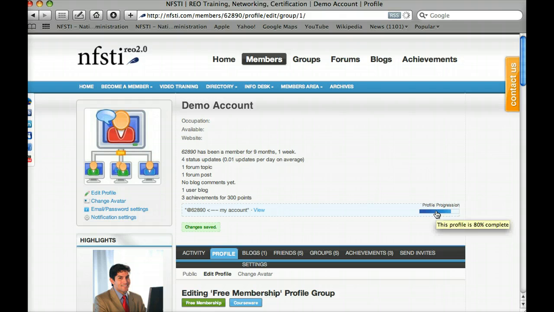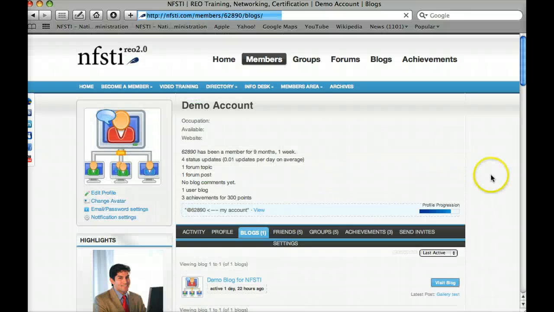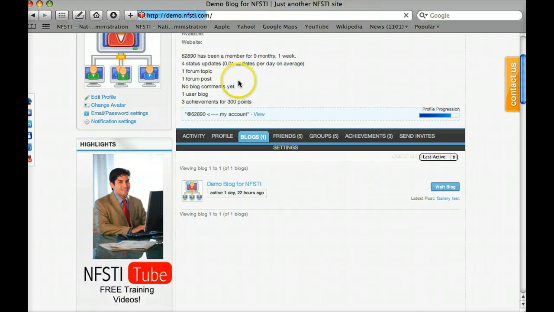Alright, we're still at 80%, so there's something else. Let's keep going. Let's take a look at blogs. Underneath blogs, you're going to be able to see the blog that you've set up. In a previous tutorial, we walked through the demo blog that we created, and this is it right here. It's displaying it. If I click Visit Blog, I can see that appear up here,